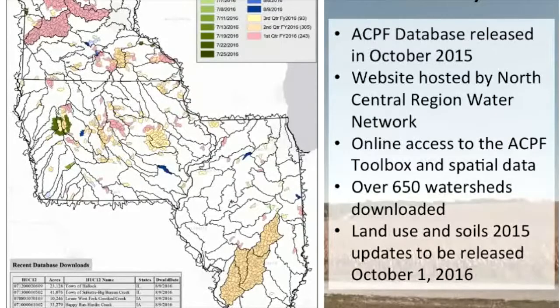The North Central Regional Water Network hosts our watershed website. This is a map of the current database and the data that's been downloaded. It was released a year ago, essentially. And so far, we've had 650 plus watersheds downloaded. You can see in some cases